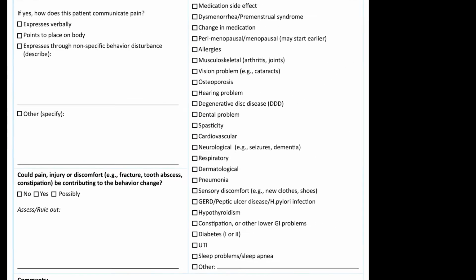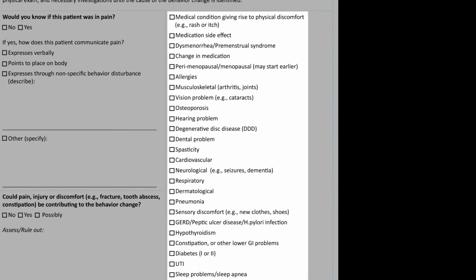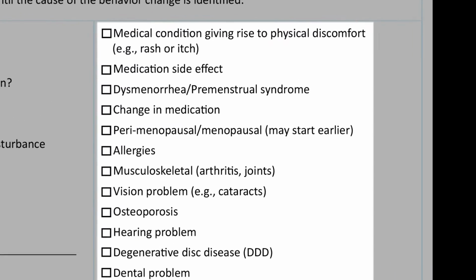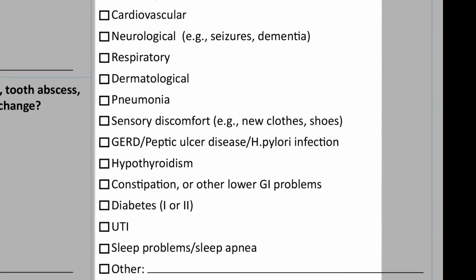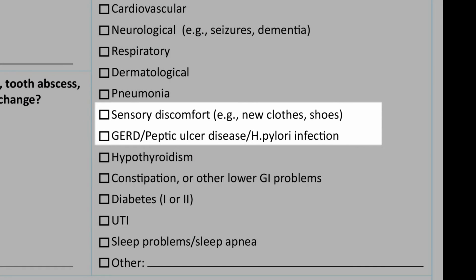Then there's a whole host of other conditions, just as a reminder of some common things, including things like sensory discomfort and gastroesophageal reflux disease, things that we've highlighted in other presentations as very common in this